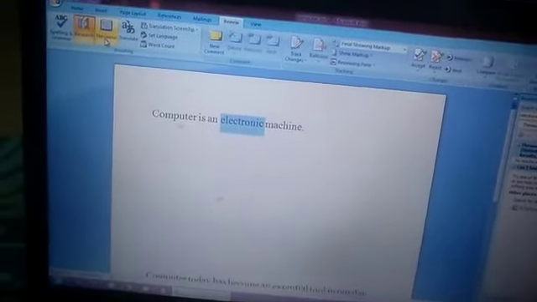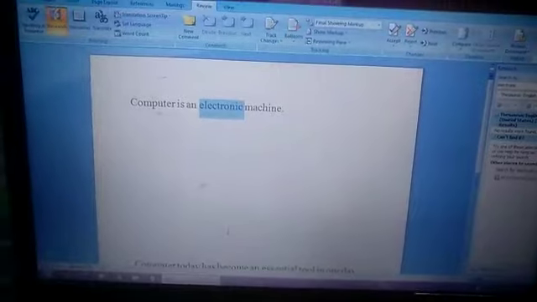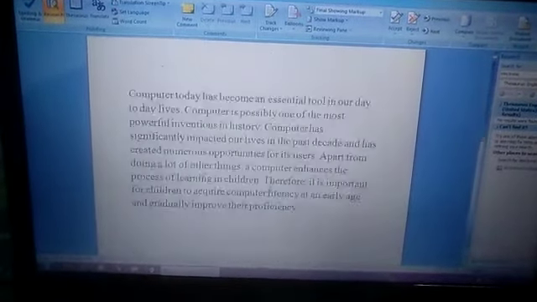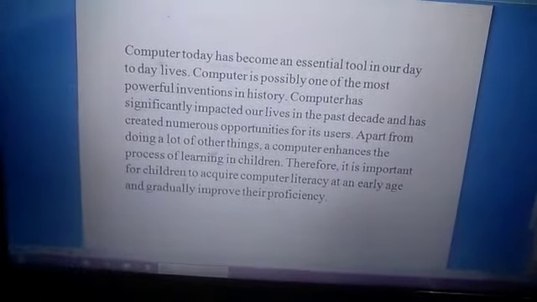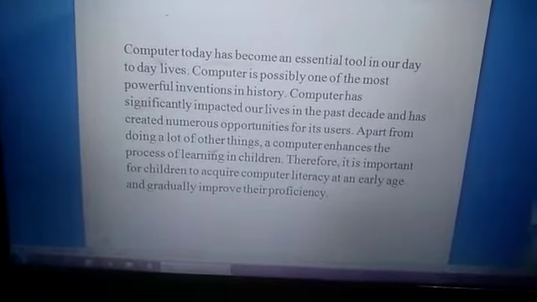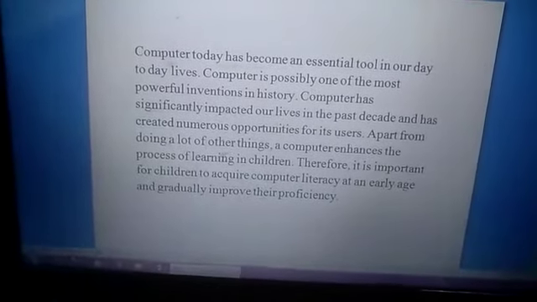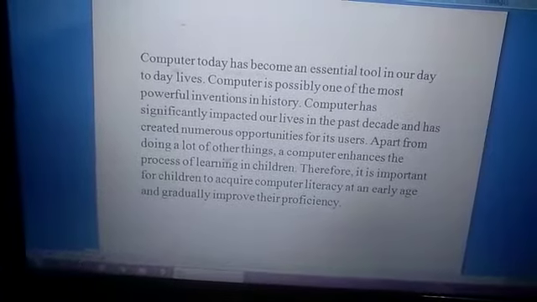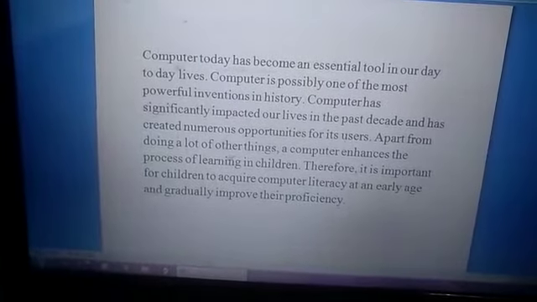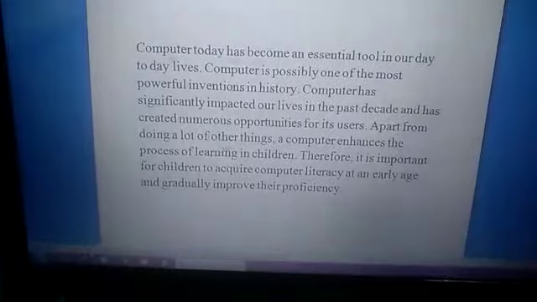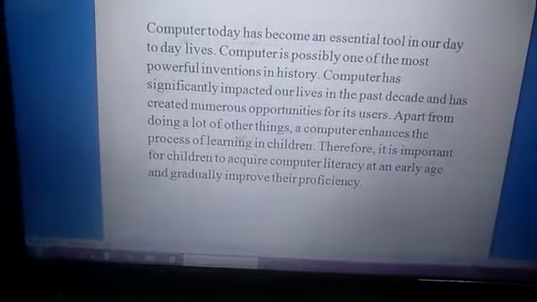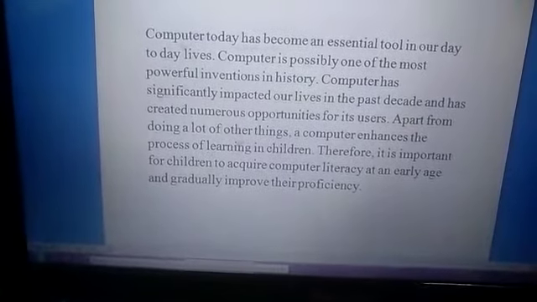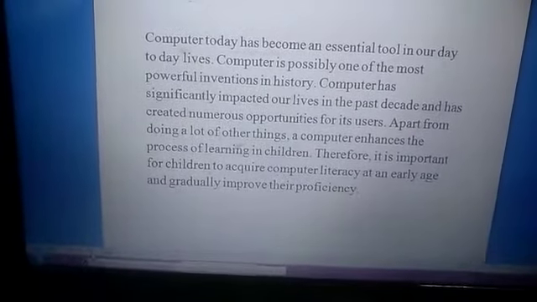Then next we will go to the word count. Here I have written one paragraph, so I want to know how many words I have used. Sometimes you get a task to write 150 words on some essay or on a topic, so you can count the number. Your numbers are counted here. You can see this word count at the bottom, so that you can write the number of words it has been asked you to write.